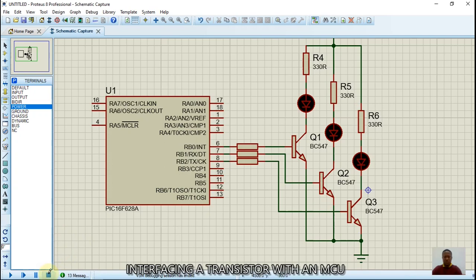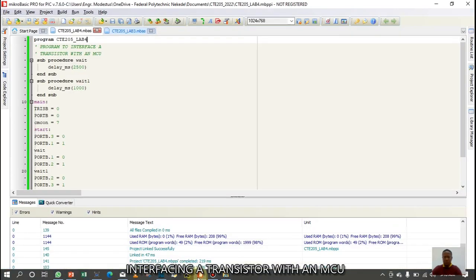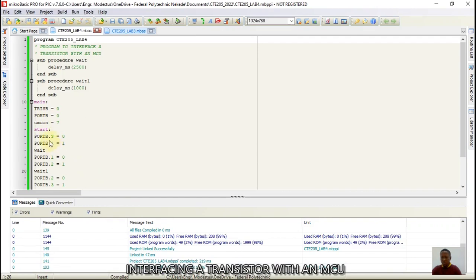Let's go to program here. We use ports B.0, B.1, and B.2. Let's go and check in the program. Here we used B.1, B.2, and B.3, which is not what we use there, so it's not going to give what we want. So we'll either change the program or change the design. So I'm going to change the program so that we'll have port B.2, port B.0,